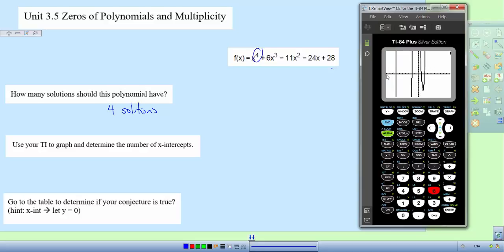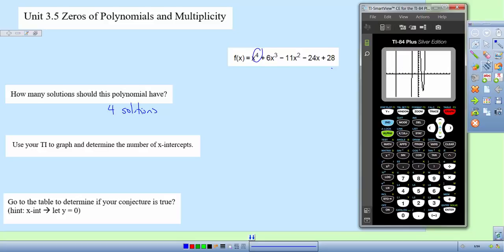I know that based upon hitting zoom 6, I get a window that is 10 by 10. So it says my x min is negative 10, my x max is positive 10, and I'm going by ones. My y min is negative 10, my y max is positive 10, and I'm going by ones. So I go back to graph and I look at that. I know that this is negative 10 and this is positive 10, going by ones on the x-axis. I know that this is negative 10 down here, and that's positive 10, and we're going by ones on the